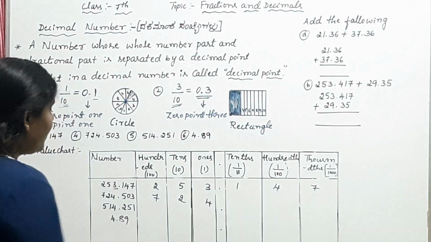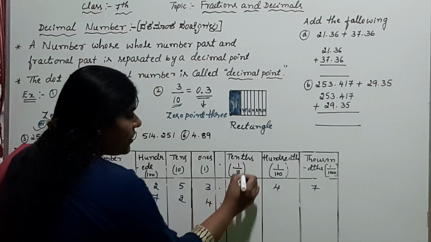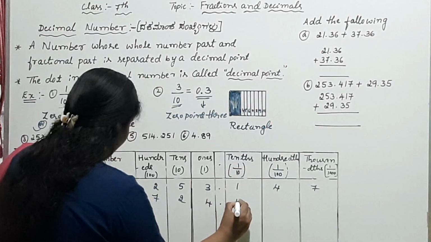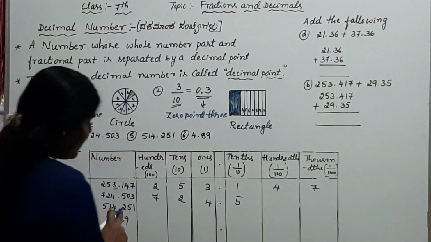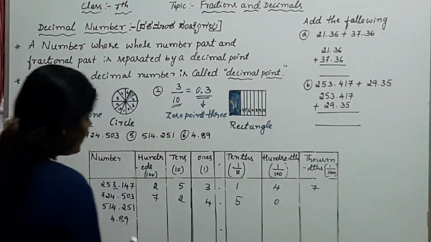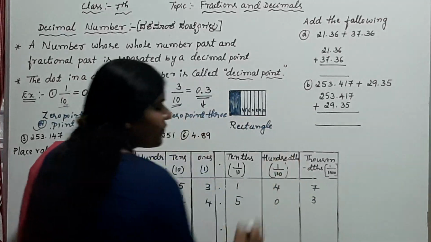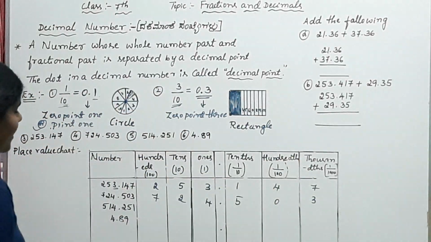After the decimal, what is the place value of 5? It is 1 by 10, or tenths, 5. Next, the place value of 0 is hundredths, 0. The place value of 3 is thousandths. Next, one more example,